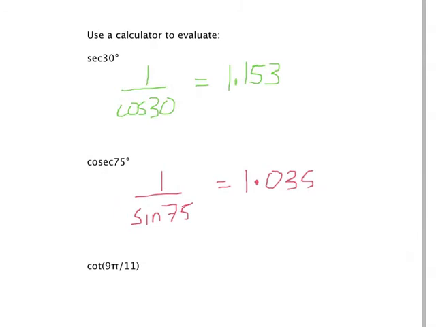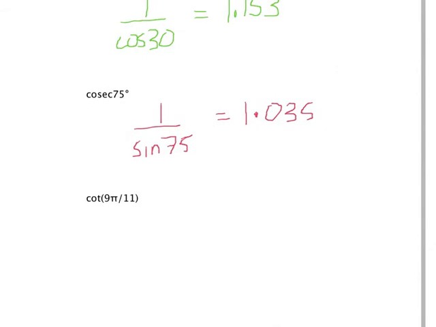And finally, for cot, remember we need to make sure that we set our calculator up in radians for this question, as we're working in radians. We now are going to write this as 1 divided by tan of 9 pi over 11, and that's equal to 1 divided by tan of 9 times pi divided by 11. Remember to close the bracket if you do it on a calculator,